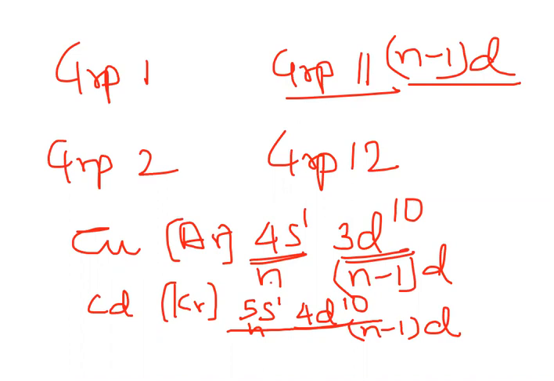Now when you come to group number 13, what happens? If I'm talking about copper and zinc, then after zinc it is gallium with atomic number 31. Now what is its position in the periodic table? How would you justify its position in the periodic table? So if I'm talking about gallium with atomic number 31, how will I write its electronic configuration?